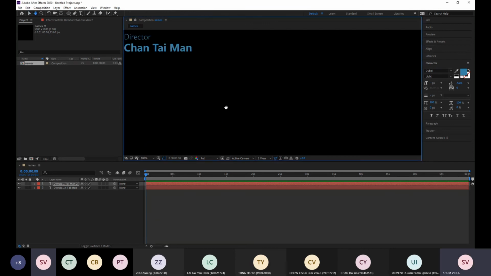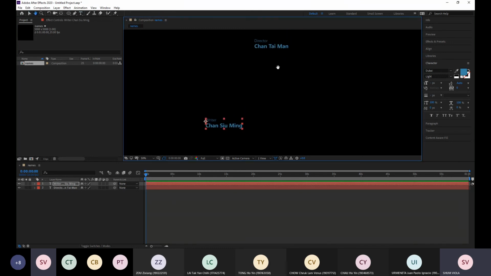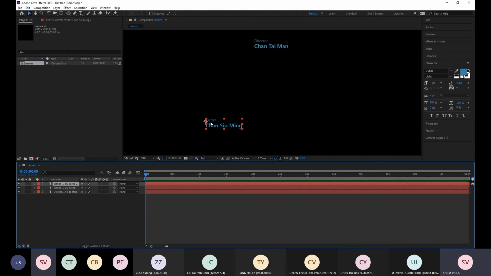I zoom in a bit. You can try typing the words, then I type the second name. So you can see that now I'm copying some of the words and putting them here, and also showing the second names. And then I can also continue to duplicate more.